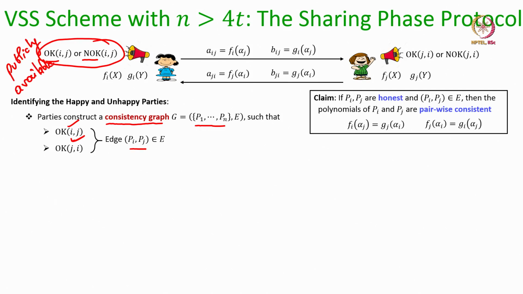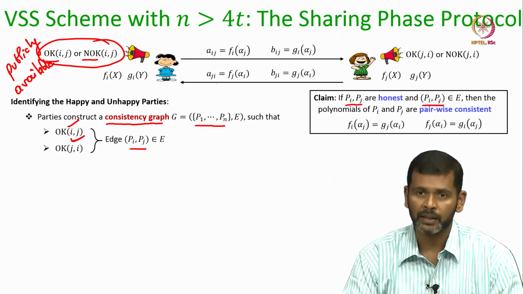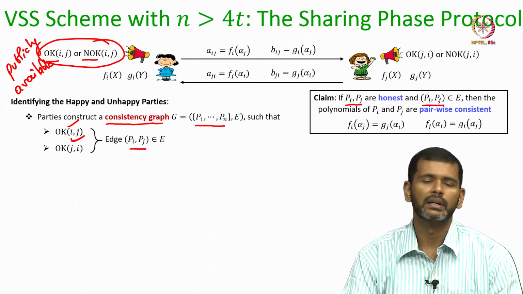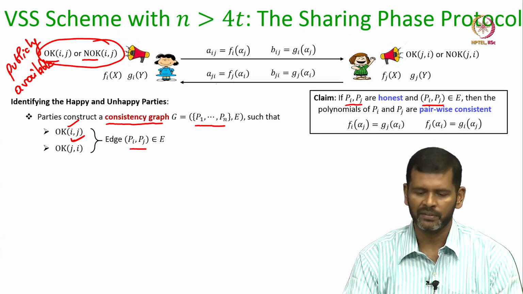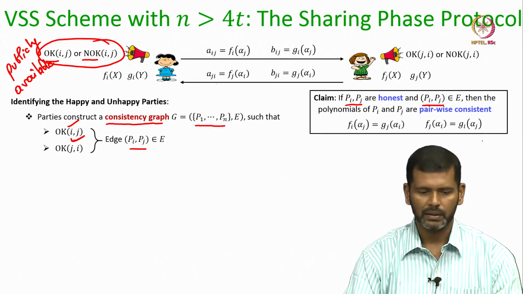Now, let us make some claims regarding the properties of this consistency graph. The first property is that if we consider a pair of parties Pi and Pj who are honest, and if there is an edge involving the nodes Pi and Pj in the consistency graph, then their polynomials are pairwise consistent. This is because